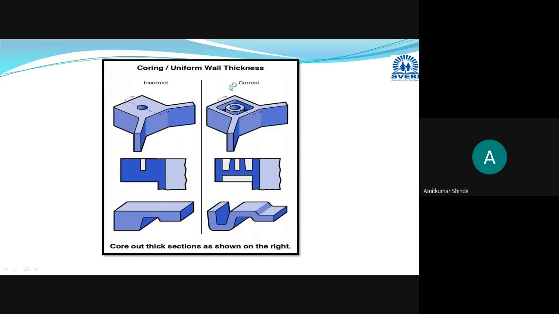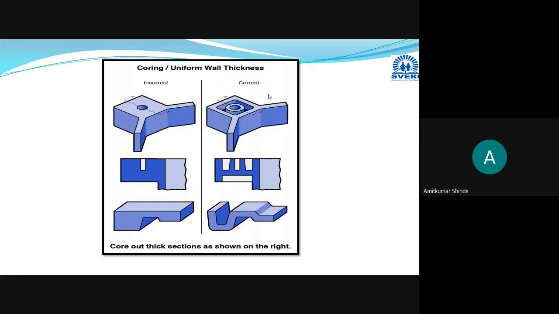These are the incorrect or initial designs, and these are the modified or correct designs, with coring to get the uniform wall thickness. Okay, if you have any query, you can put that in the chat box.